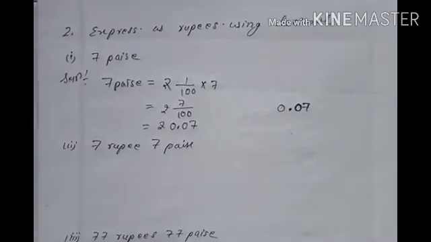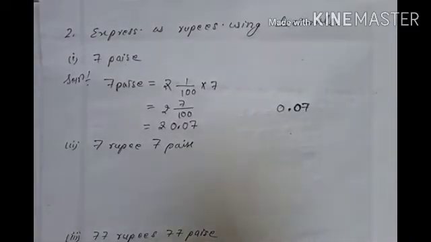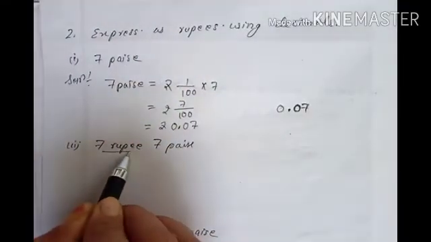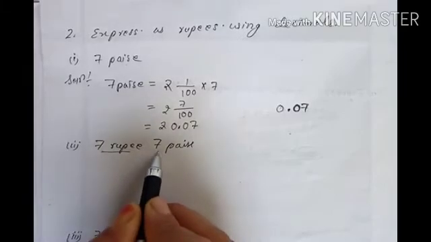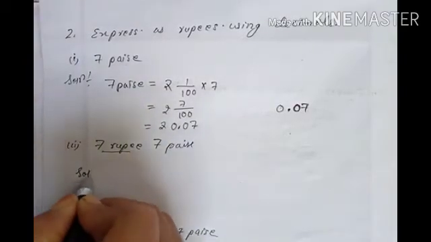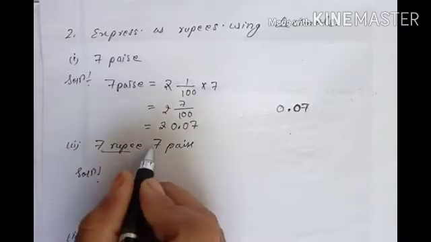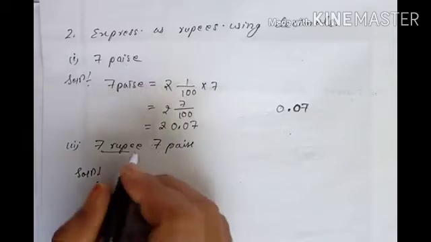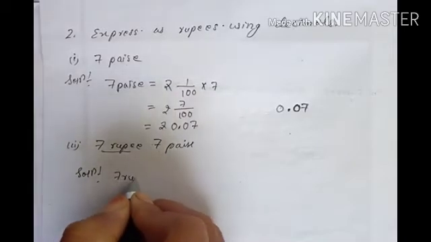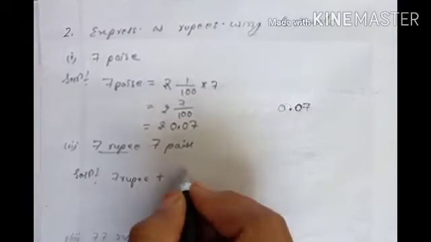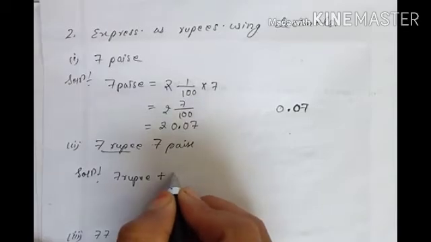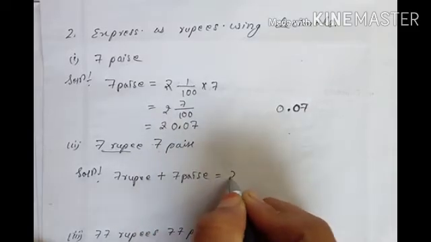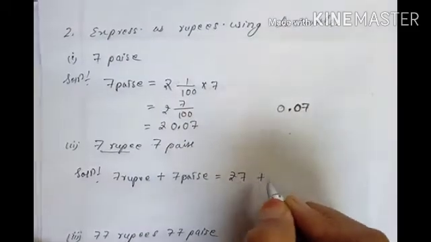Now the next question. What is given here? 7 rupees and 7 paisa. So we have to convert this into rupees, isn't it? And here already this is in rupees. So now you have to convert this paisa. So you have 7 rupees and 7 paisa, suppose. Then what you will do for the total amount? You will plus this, isn't it? In the same way, you will plus 7 rupees plus 7 paisa. This is rupees 7 plus 7 paisa.